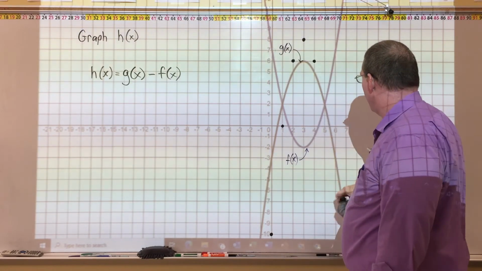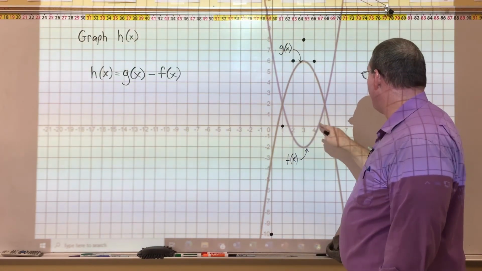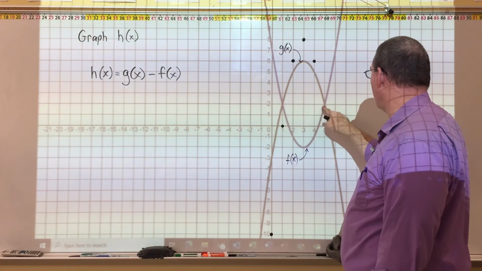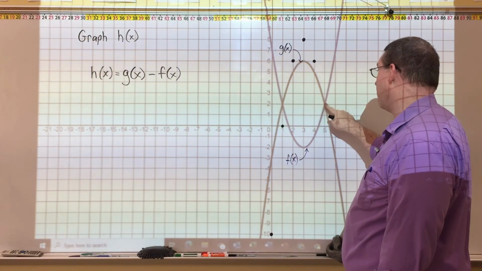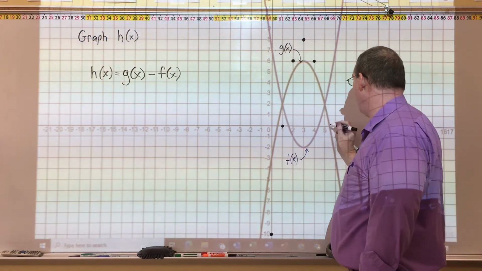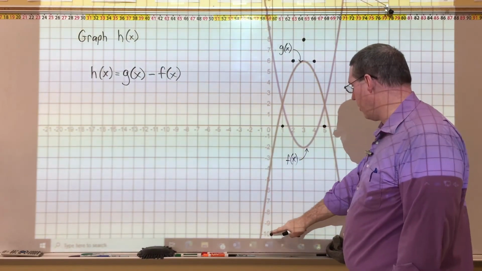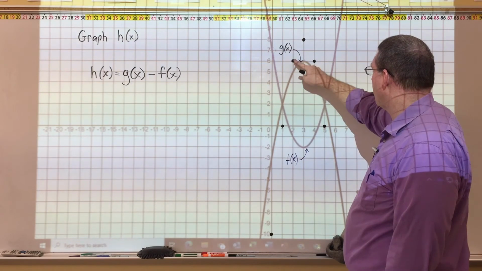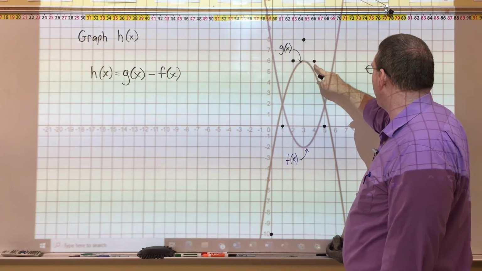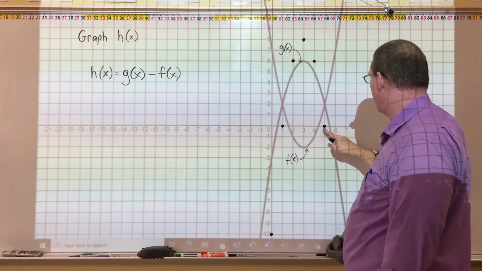All right. And then a couple more here. At 5, g of x is equal to 2, and f of x is also equal to 2. So 2 minus 2 is 0. So we're going to plot 5 and 0. And you can see the shape of h of x. It's starting here. It's going to go up through here, then through here. Then it's going to turn around there and come back down through here, go through here,